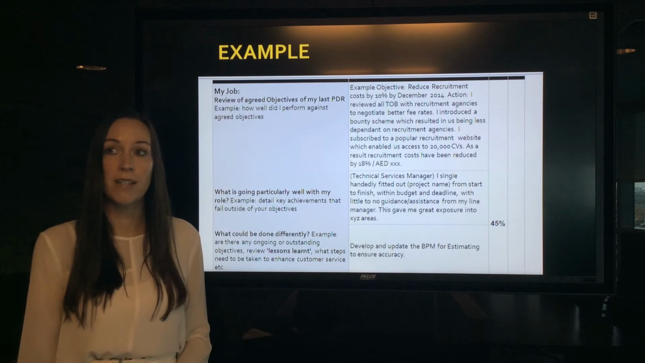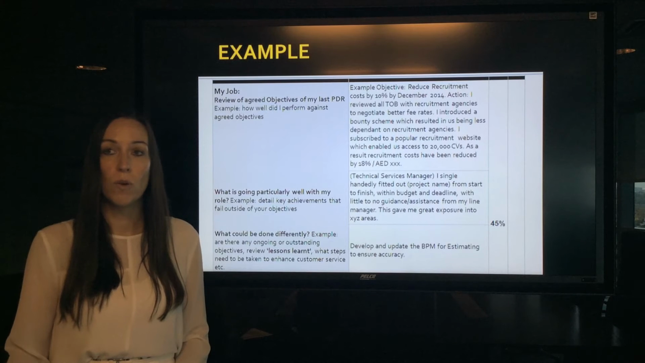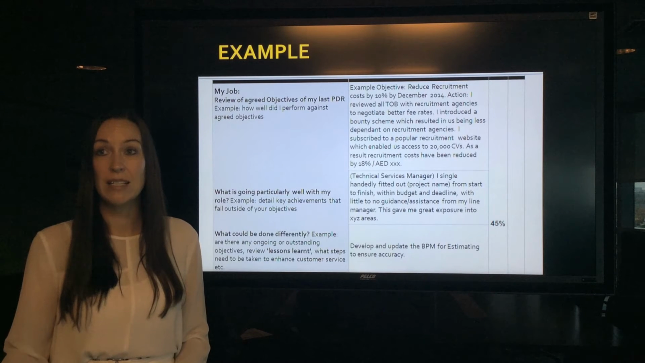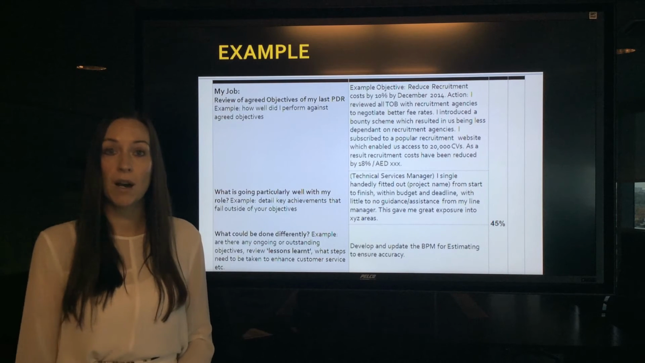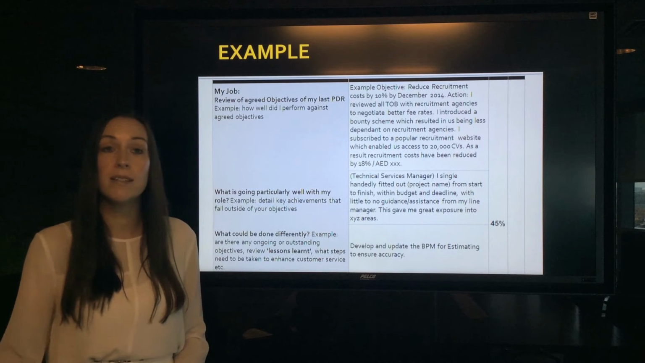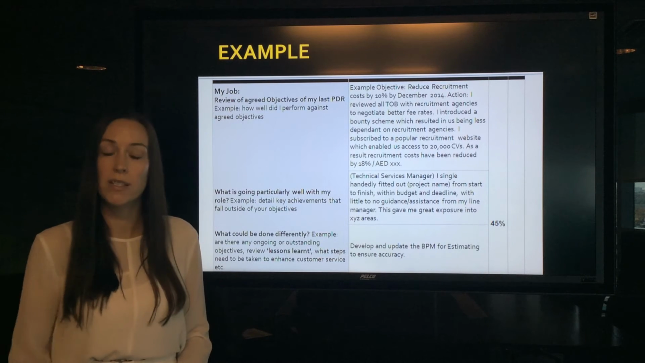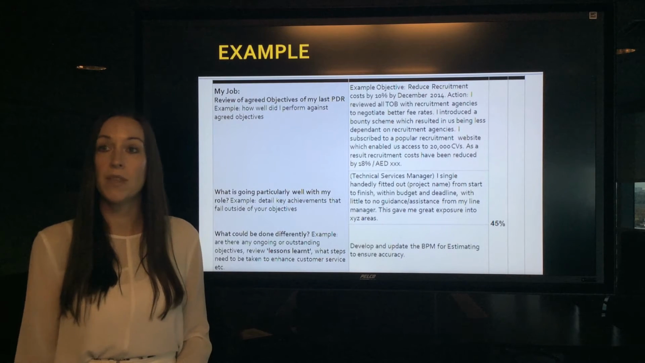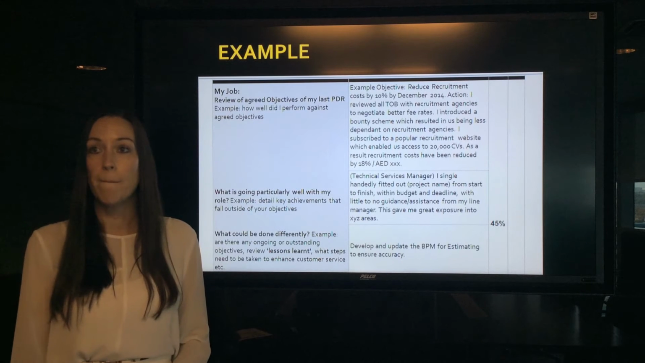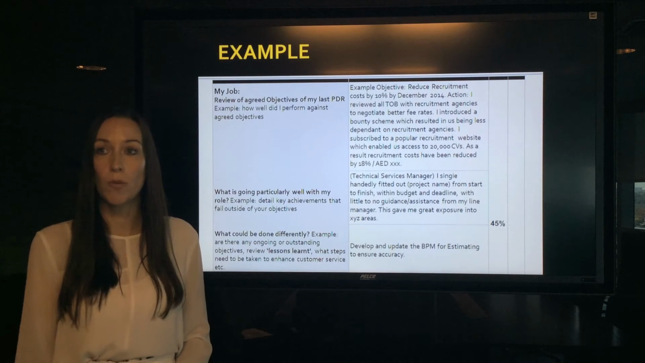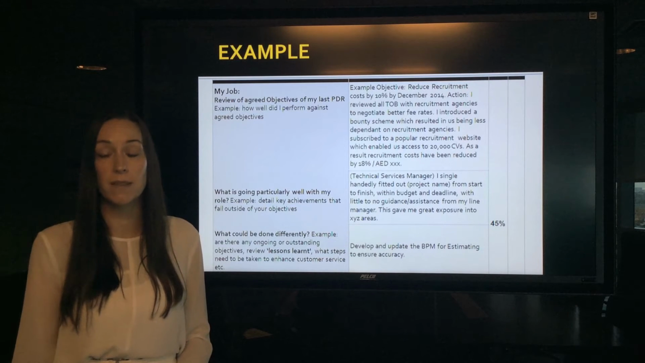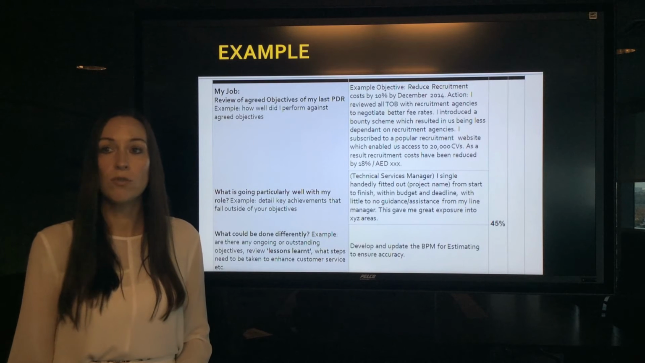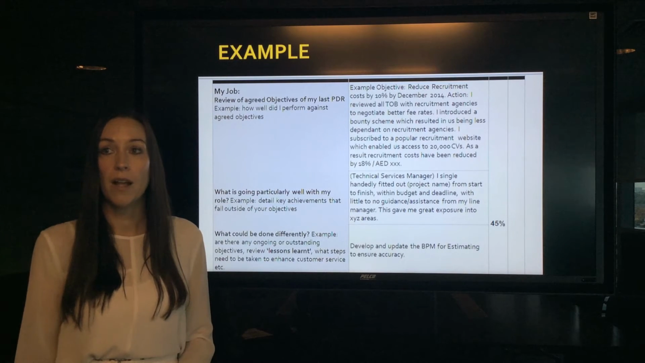And you can see there that that write-up provides the manager with detail on how that objective has been met and or exceeded. Okay, the second part of this first section is what's going particularly well. So these again are areas that fall outside of your objectives, so it's really important for you to still document. An example, again, that I've provided is something that a technical services manager may say. I single-handedly fitted out a project and provide the project name so it gives it life from start to finish, within budget and within deadline, with little to no guidance from my line manager, and this gave me exposure into